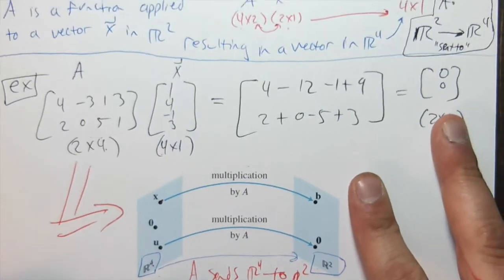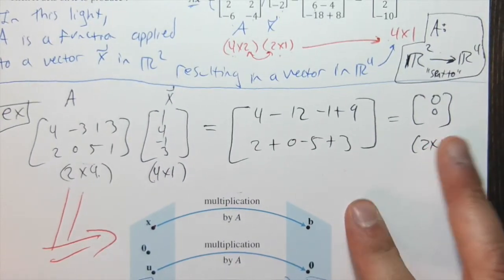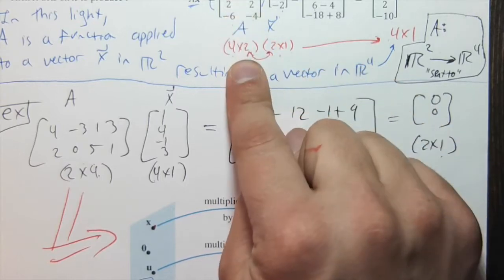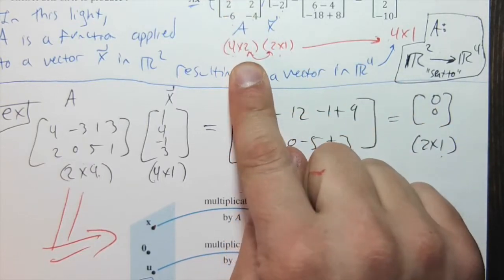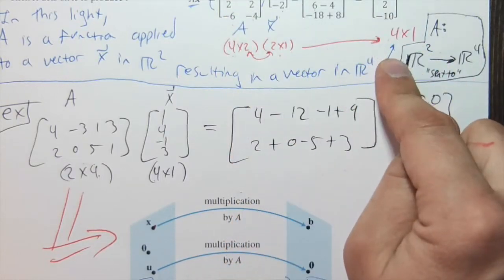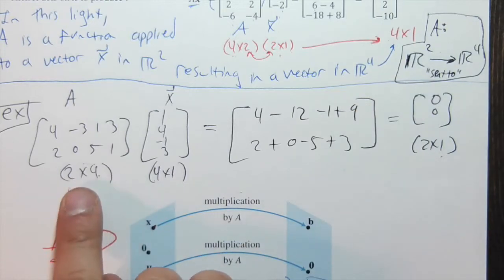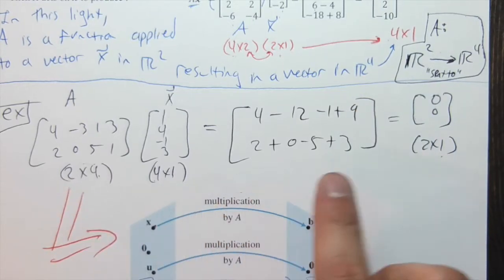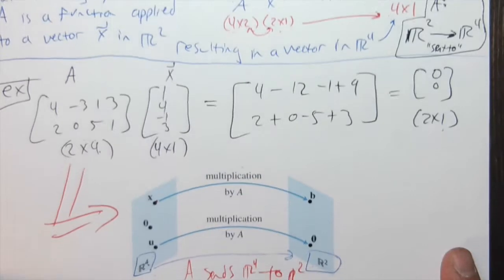Given these examples, seeing how this 4 by 2 sends things in 2 by 1 to 4 by 1, and a 2 by 4 sends vectors in R4 to R2, we could make a general